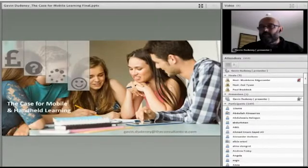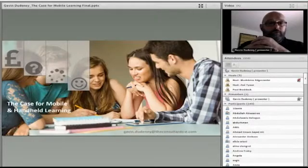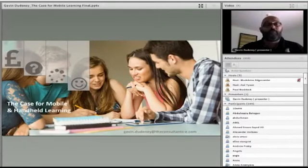The fourth, technology itself, mobile phones themselves are motivating. People like using their mobile phones. You can tell that by going outside and having a look around. If you go out into the street, or if you go and sit in a cafe or a bar, or if you go to a restaurant, or all sorts of places, you'll see people enjoying their mobile phones all the time, perhaps a little bit too much. But the fact is, people do like using them. Now, people like them because they are new